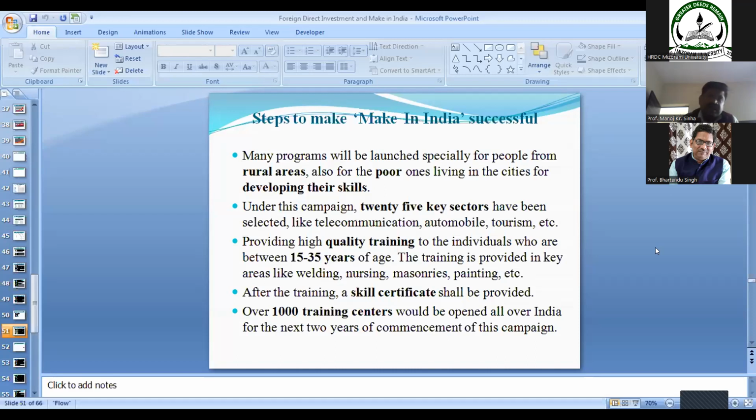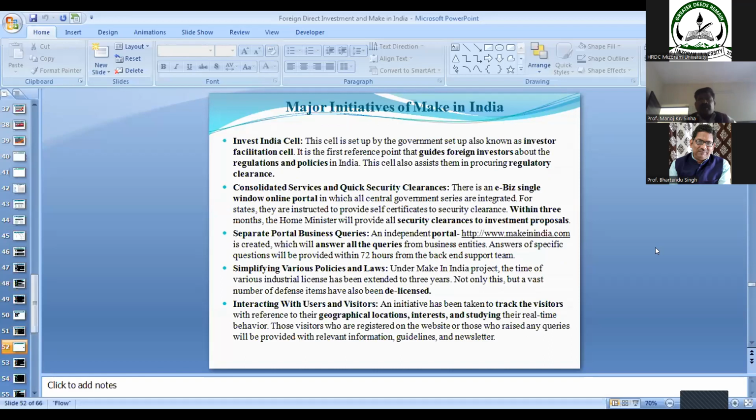After the training, a skill certificate shall be provided. The target group is the age group of 15 to 35 years, and training is provided in key areas: welding, nursing, painting. Major initiatives of Make in India: